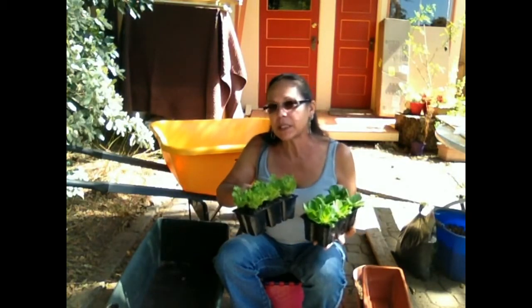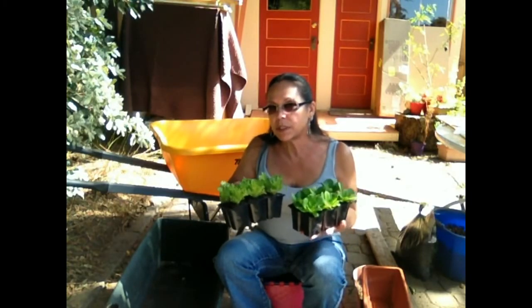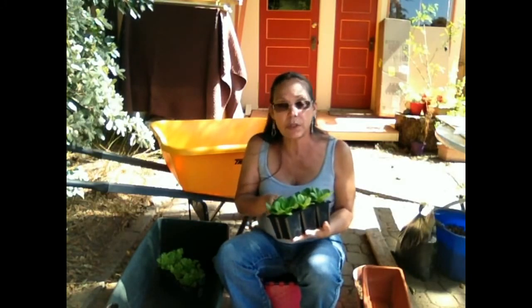It's kind of tempting to grow them separately, but I do want to see how each of them grows in similar conditions. That's why I'm doing 3 of each in the big pot, 2 of each in the planter that I had previously grown lettuce in, and I grew 4 in there before, so I'm pretty sure it's going to fit, and then 1 of each in this. So